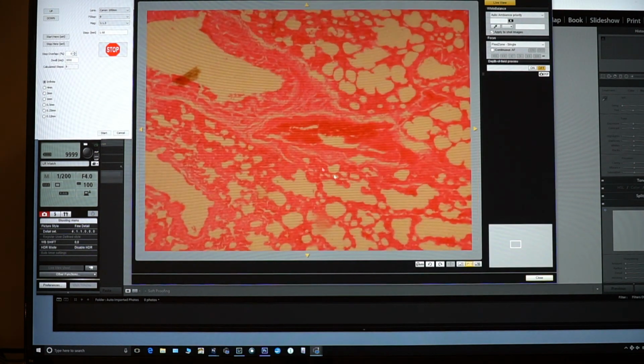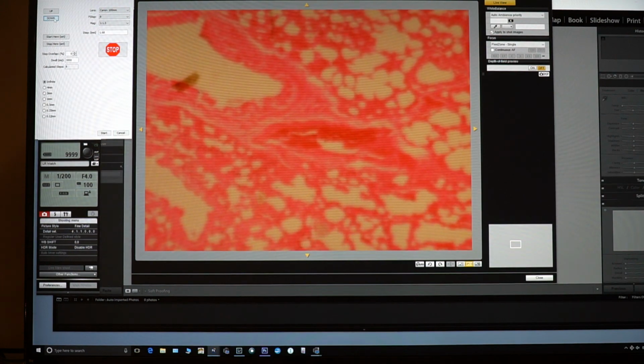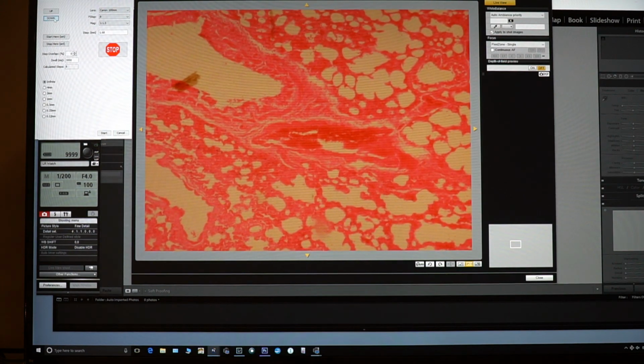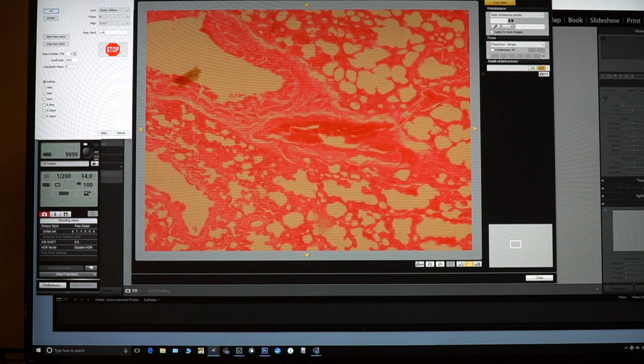I'll zoom in on a spot. And it looks like it's pretty good. So I'll go up, I'll bring it out of focus, and bring it down so you can see it. Yeah, that looks pretty good right there. Okay. So that's my focus. So I'm going to close this out,